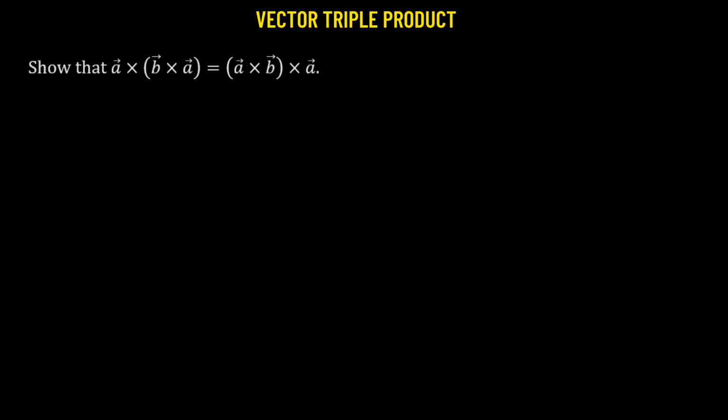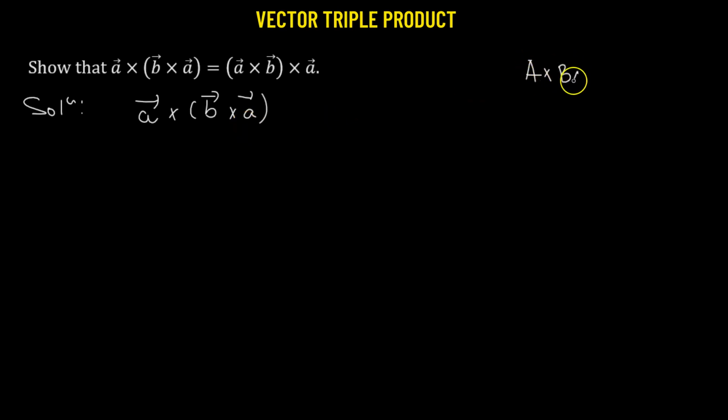So here we need to show that the vector triple product A crossed with B cross A is equal to A cross B crossed with A. So let us start from the left hand side. What we can do, we can use